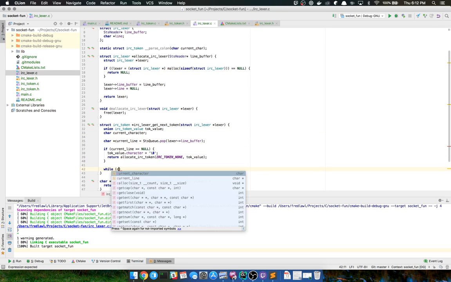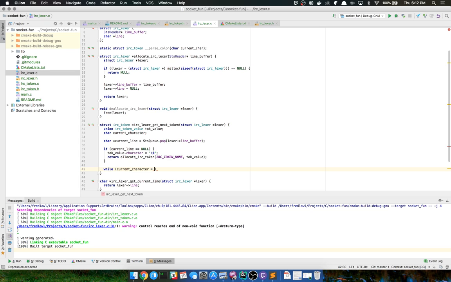And I'm just going to do current character equals, well, I need some sort of counter, right? Or maybe this might work. We could do some pointer magic. This should be fun. And then make sure that while it's not null terminating.